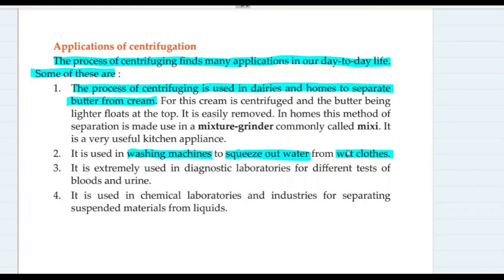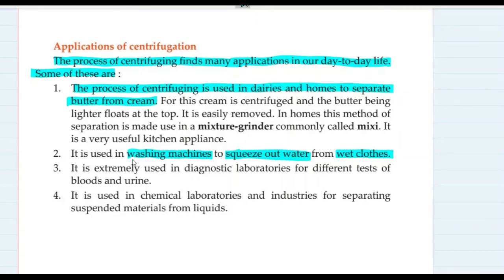If you don't have a washing machine and you wash clothes, you need to rinse the clothes out of water. Once you do the rinsing process, all the water drips out. But in a washing machine, it is just spun. The washing machine is put into the final cycle of spinning, which squeezes out all the water, and this also is based on the principle of centrifugation.